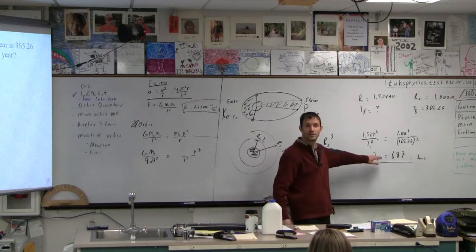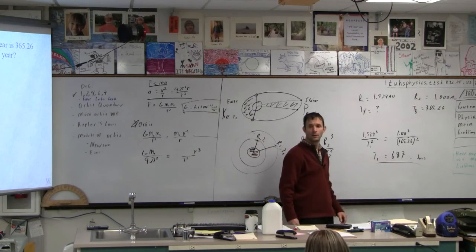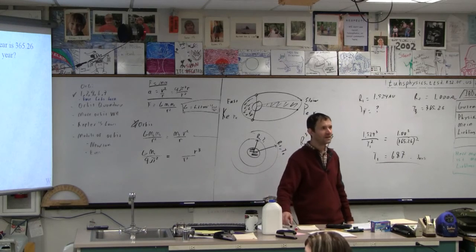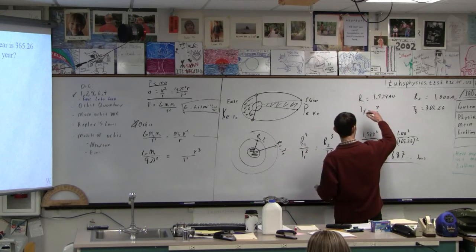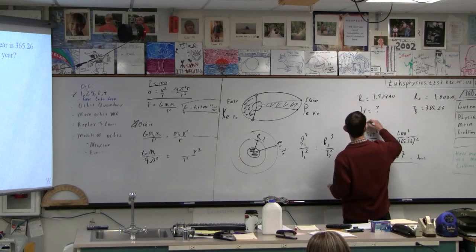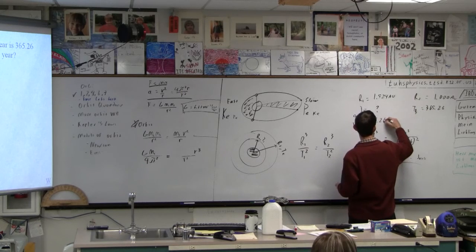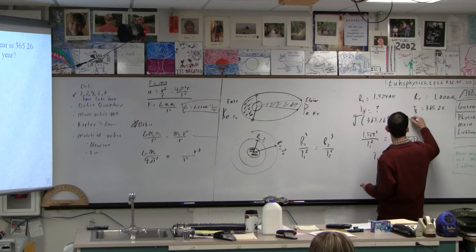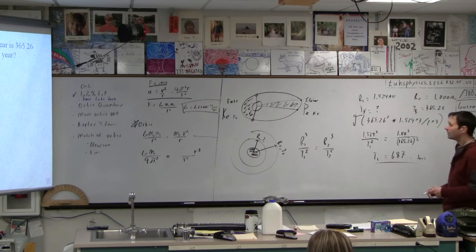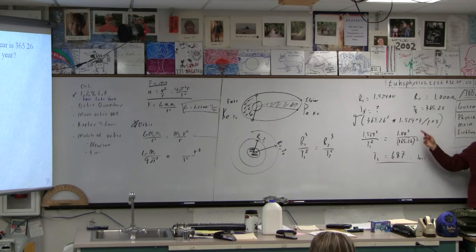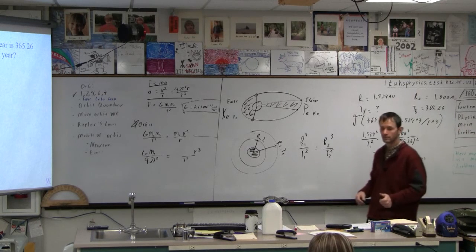Can everybody get 687? Oh, yeah. No, I got like 2. You got 2. All right. It's okay. Square root it. Here's what I did. I did square root. Yeah, you got it. This is what I did. Obviously, you can leave off the 1 cubed. You probably don't need to put that in there. If you don't cube it,